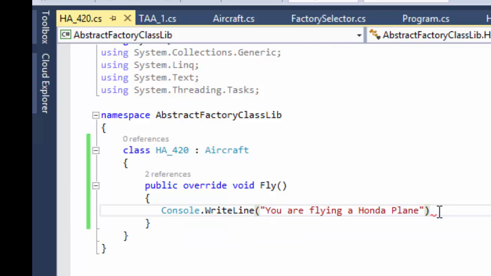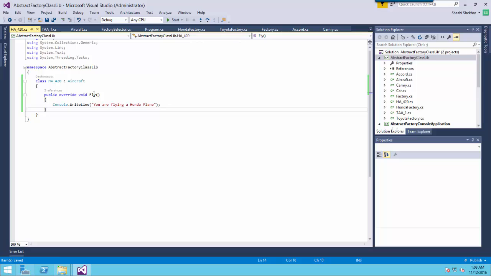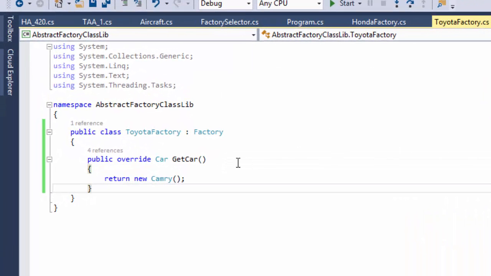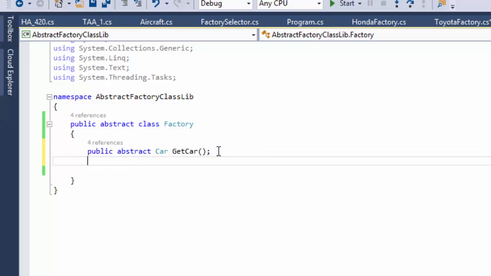And we got our implementation done for the aircraft. So now what we need to do is change these two factories to produce the aeroplanes. So let's go to Toyota factory and add get plane method. But before we do that, we also got to add these abstract methods to the abstract factory. So public abstract aircraft get plane,